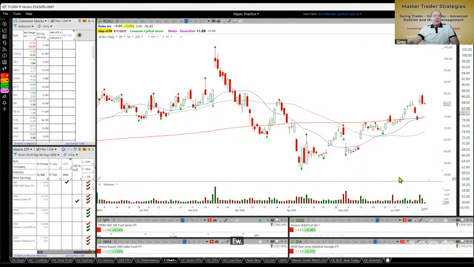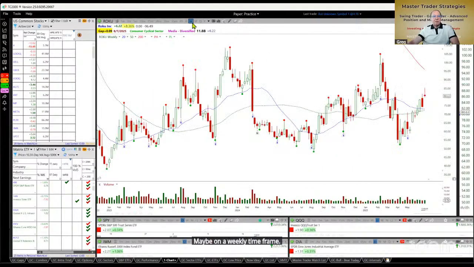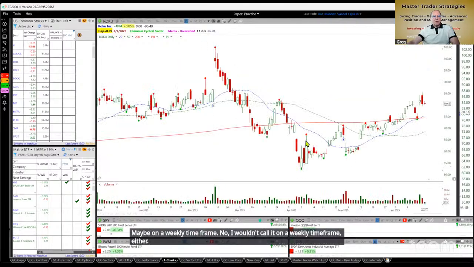I would not call that a head and shoulders either. Maybe on a weekly time frame. No, I wouldn't call it on a weekly time frame either. So